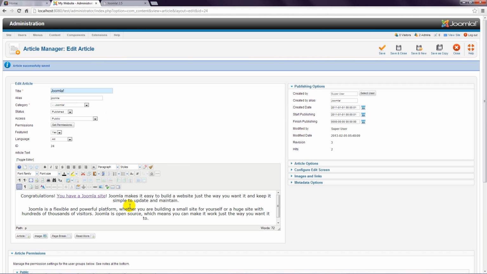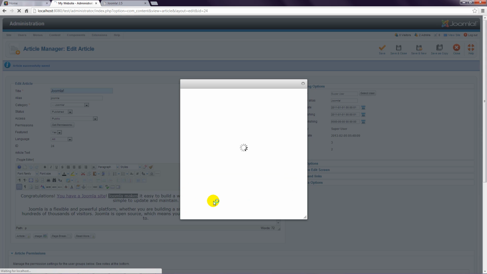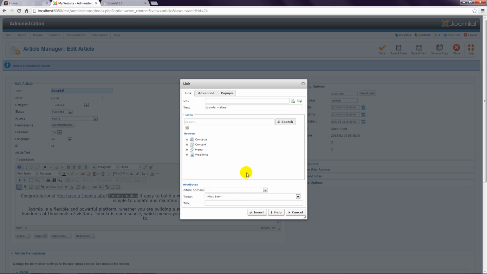So that's the process to link to a PDF or any other document that you wish to have on your Joomla site. However, there's a couple of shortcuts to be aware of. JCE actually allows you to upload the document directly within its own interface. You don't have to use the Joomla content editor. If I highlight some more text here and click the link icon again, I could save that step by clicking the Browse button again